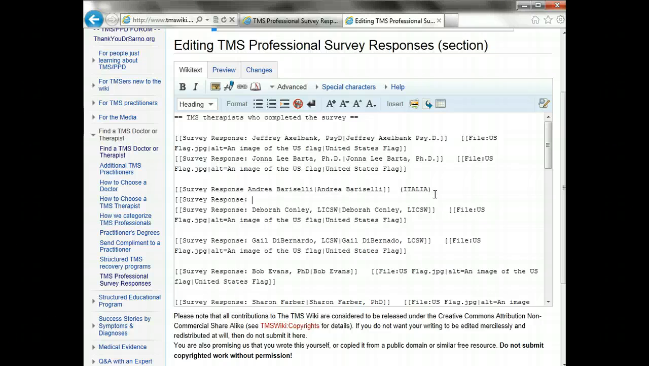Response, space, Audrey Berdesky. Oops, gotta add the 2, add the bar again, and then we're going to put the displayed text of Audrey Berdesky 2, DC, add the link, and then we also have a flag. And to do the flag,